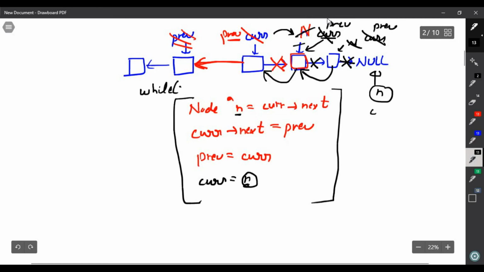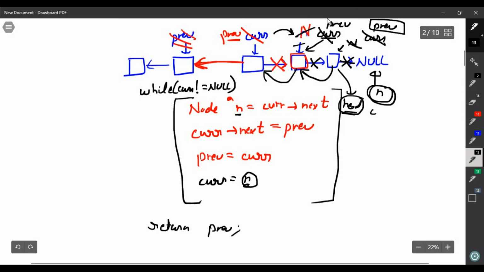So I will make the condition of the loop: while current is not equal to null. When current becomes null, that means my linked list is reversed, and this is our head of the reversed linked list. Head is basically nothing but previous. So after this loop, our head is nothing but previous.